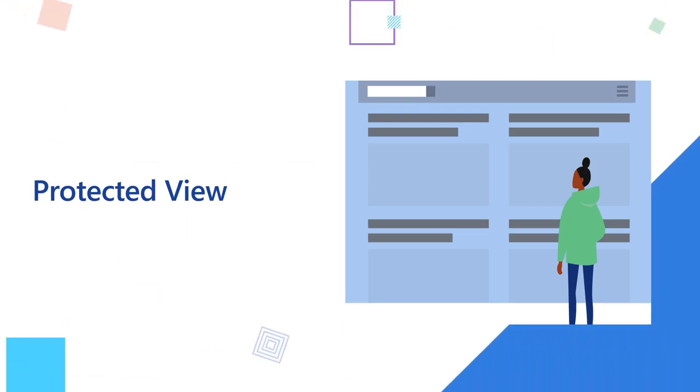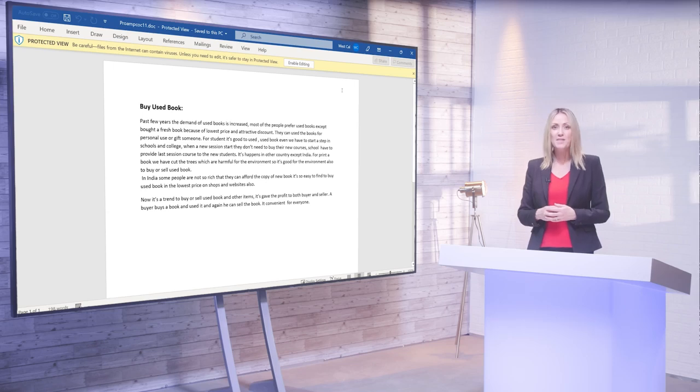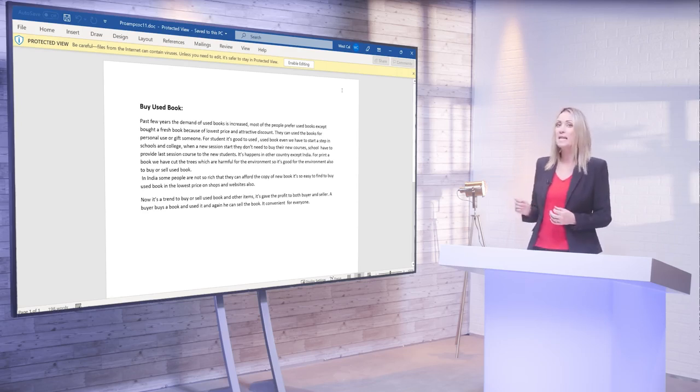When you open documents from potentially dangerous locations, such as the internet, Microsoft Word will open that file in a special mode called Protected View. This prevents malicious content from running, helping to protect your computer system. If you trust the file, you can enable editing on the message bar to begin working with it. Otherwise, you can choose to close the file to avoid any risk. This feature can be customized by clicking the Trust Center button in the Trust Center category of the Word Options